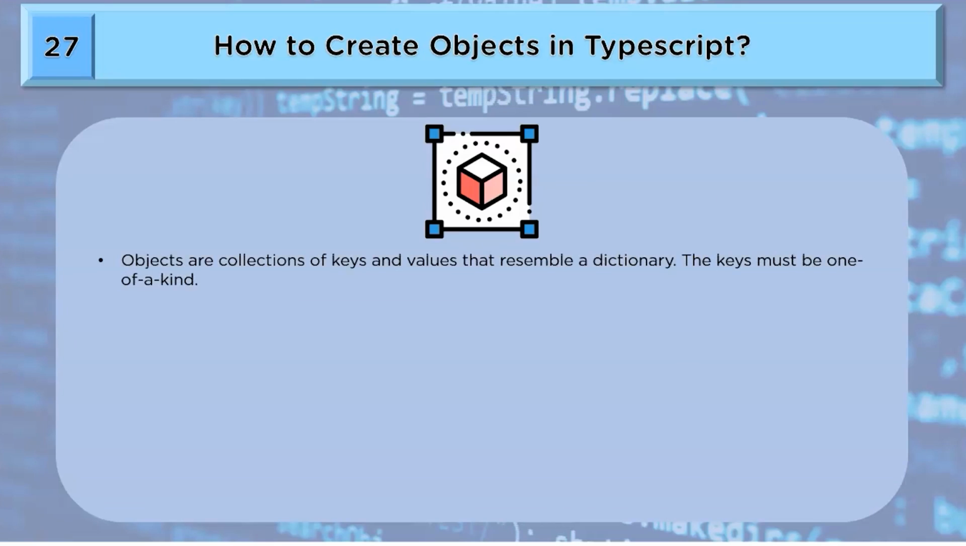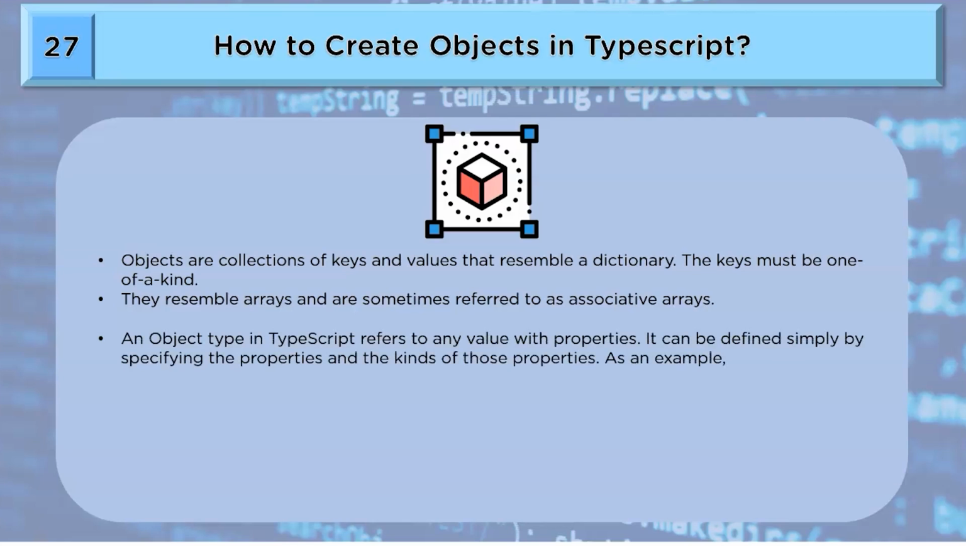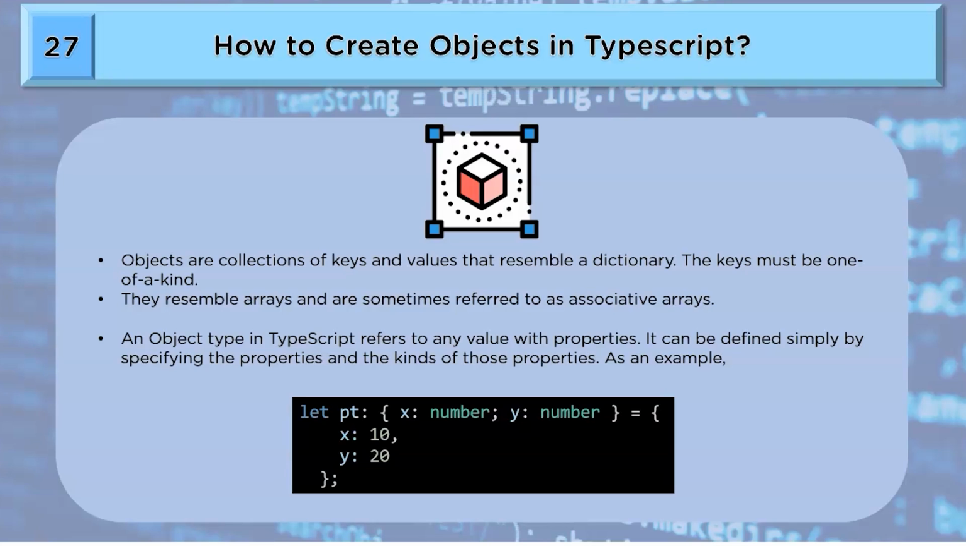How to create objects in TypeScript. Objects are collections of keys and values that resemble a dictionary. The keys must be one of a kind. They resemble arrays and are sometimes referred to as associative arrays. An object type in TypeScript refers to any value with properties. It can be defined simply by specifying the properties and the types of these properties. As an example,